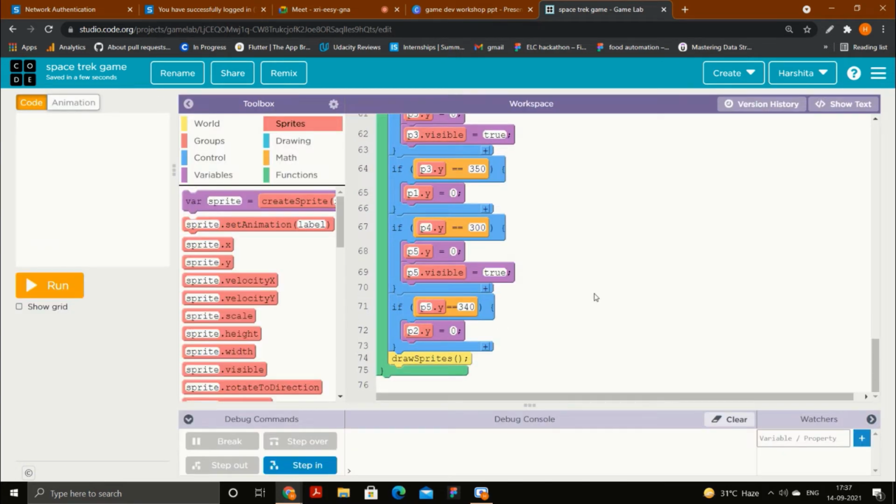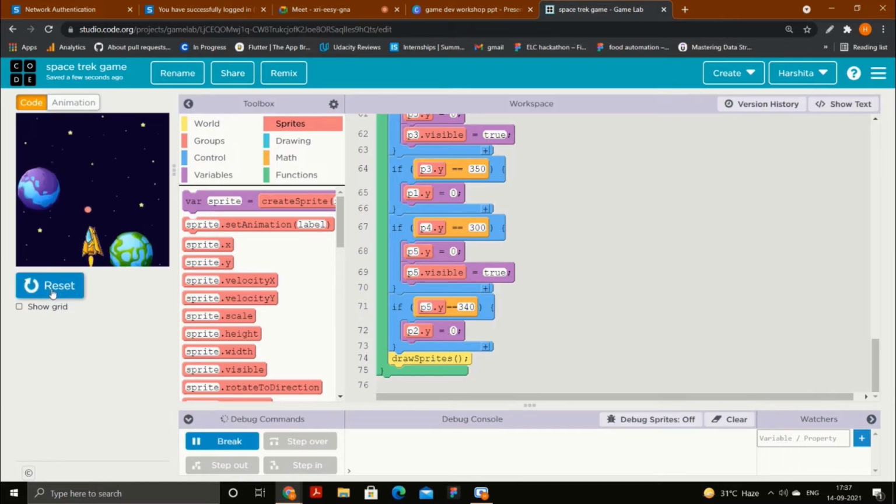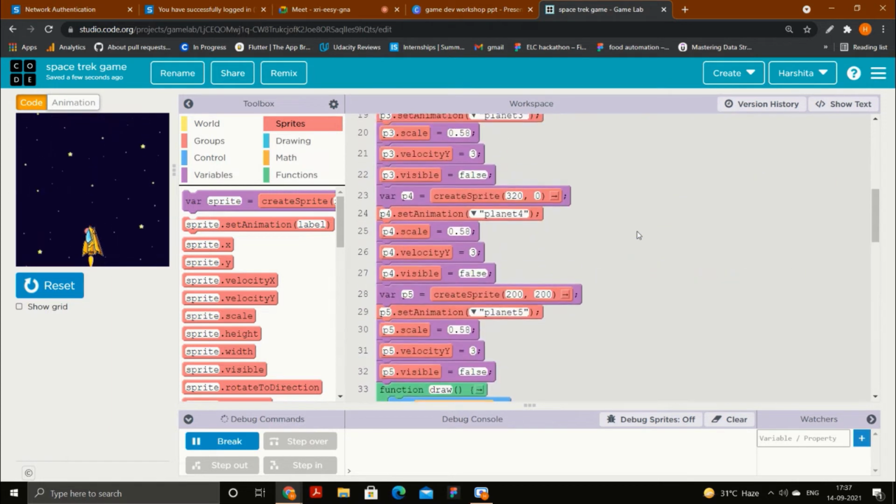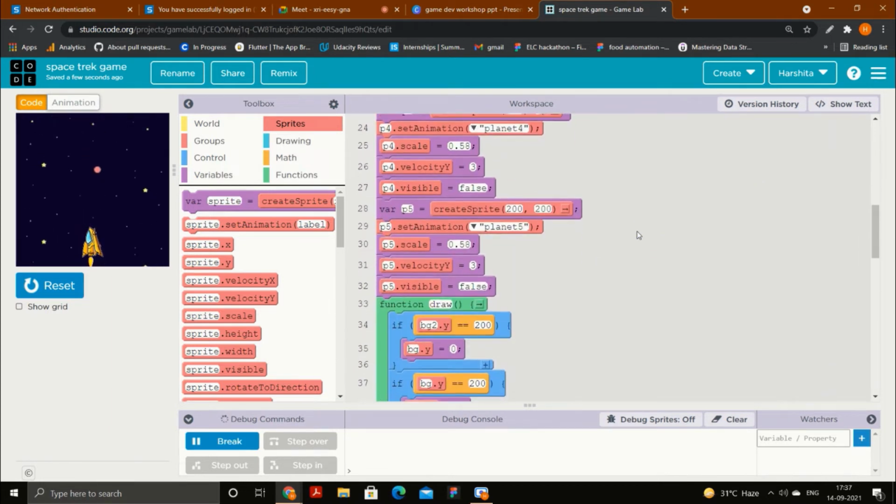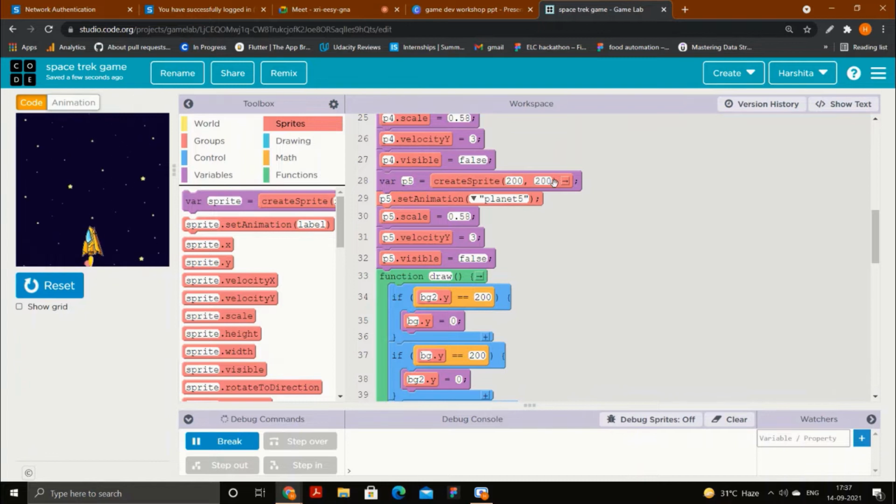This is P2, I need to check for this one. What I will do now is slightly change the value of P5. Okay, P5 is 200 and 200.